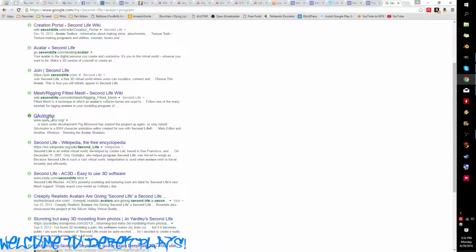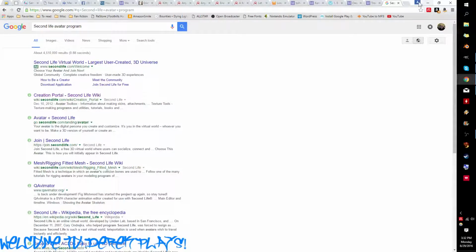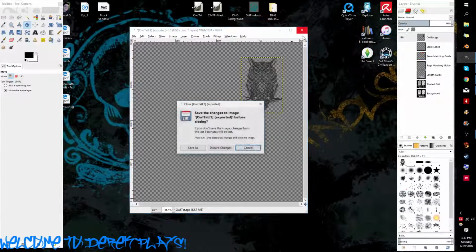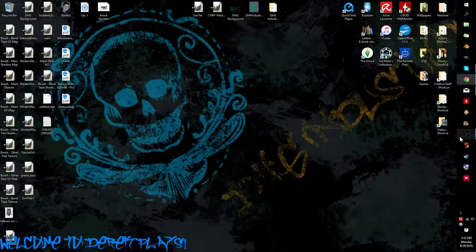okay, so there's this one which is like an avatar animator. There's quite a few different ones. I would just look, or if you can, if you're one of those people that can, just continue uploading to see what your experiment looks like. But since I'm doing this as a tutorial, not as a